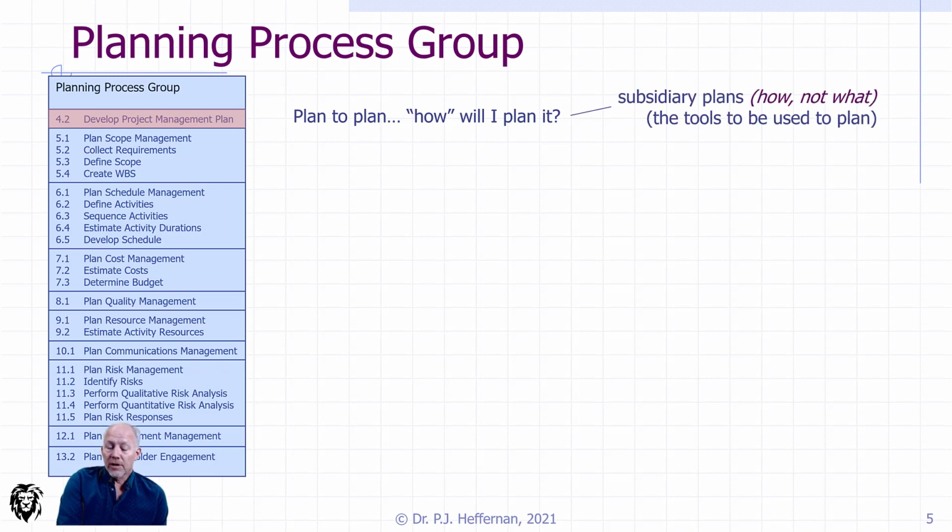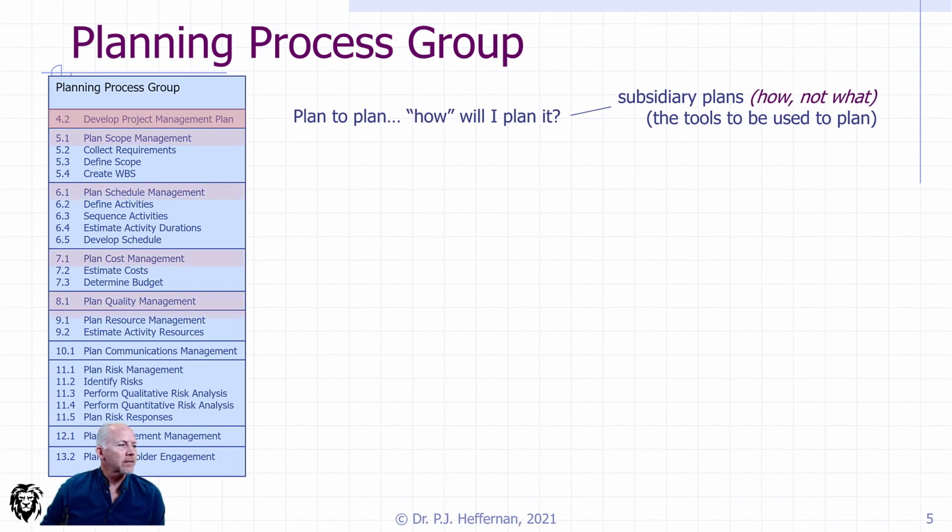So it also includes not just the integrating plan, because that top level plan is the integrating plan of all the subsidiary plans. So it includes an annex or an appendix on each of the subsidiary plans. And again, because they are plans, they are how, not the what. So one of the subsidiary plans would be, say, stakeholder engagement. So how are you going to engage the stakeholders? What kind of a communication program are you going to have? What kind of a PR campaign will surround it? How will you be doing that rather than the what?